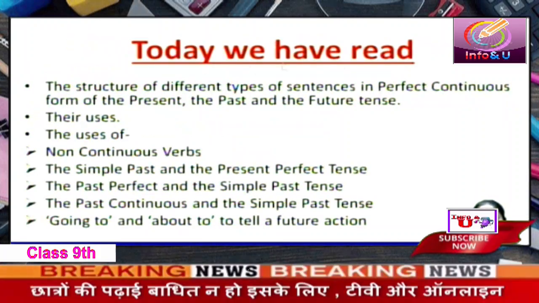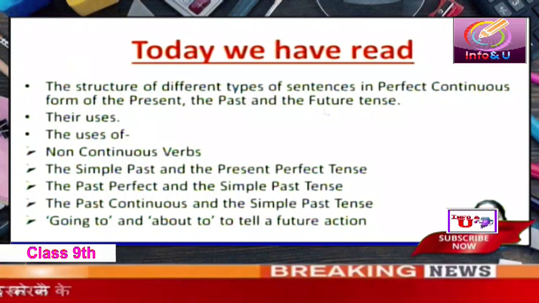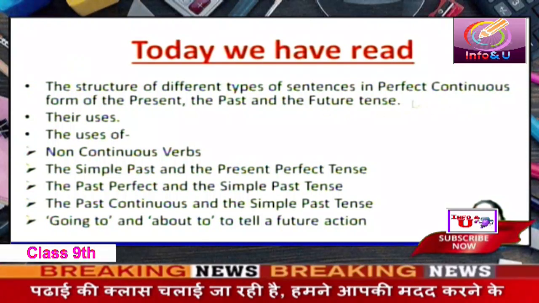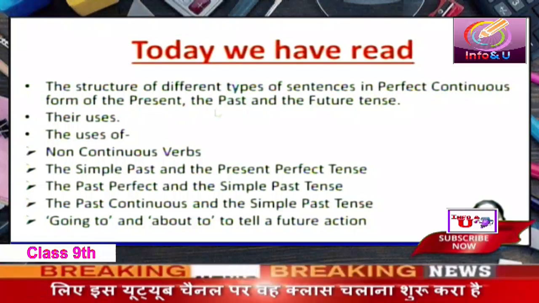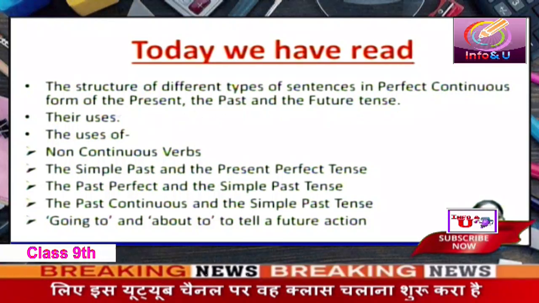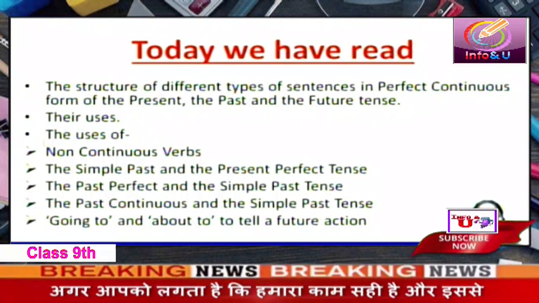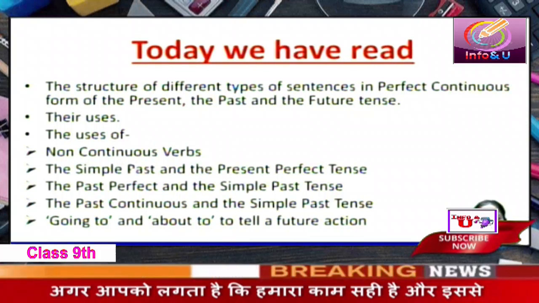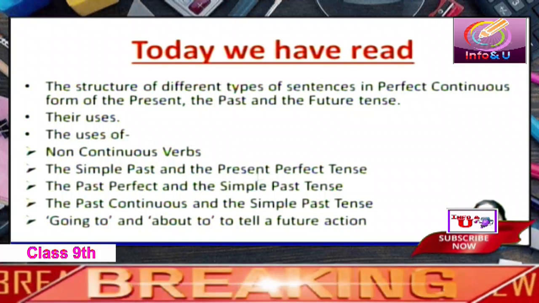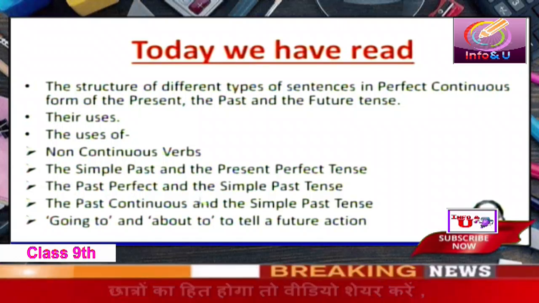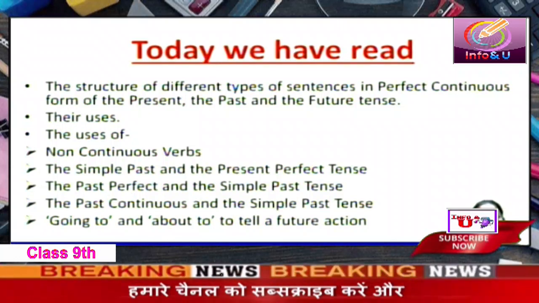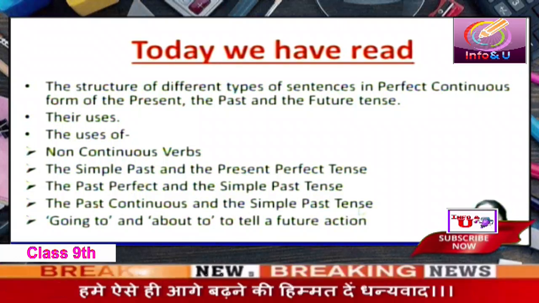Now students, today we have read the structure of different types of sentences in perfect continuous form of the present, the past and the future tense. Their uses, the uses of non-continuous verbs, the simple past and the present perfect tense, the past perfect and the simple past tense, the past continuous and the simple past tense, and also going to and about to